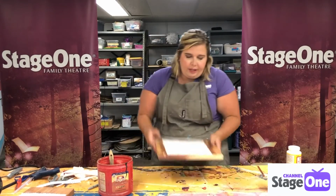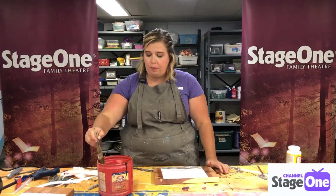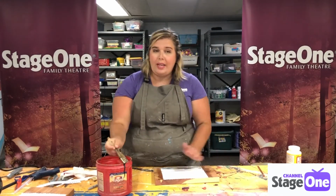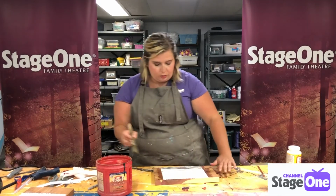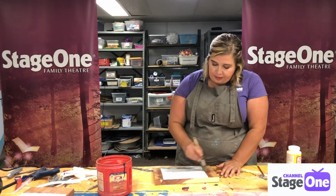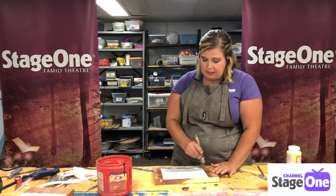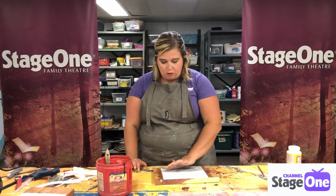So now you're going to have this rough area, and I'm going to go back in with my paintbrush and wet it, but it's going to be more damp than wet is what you're looking for. And this is going to be a long process. This is going to take a lot of time. And then as delicately as you can with just your finger, you're going to start to rub